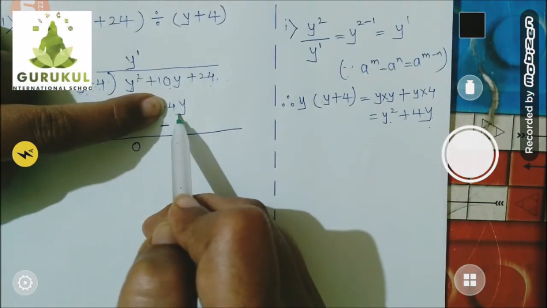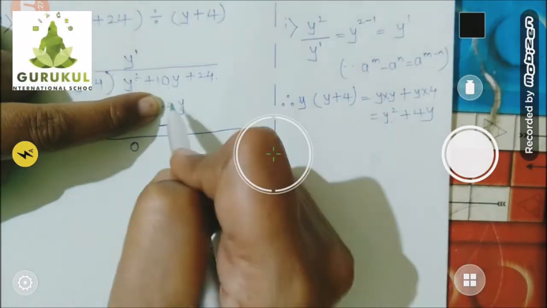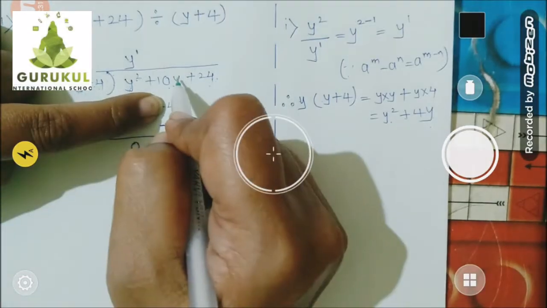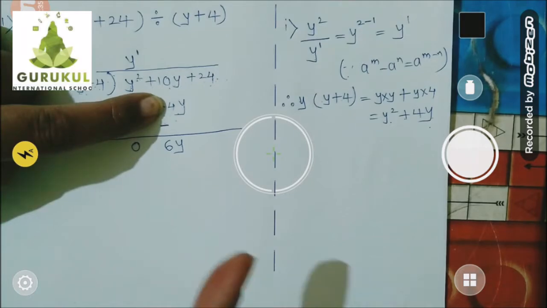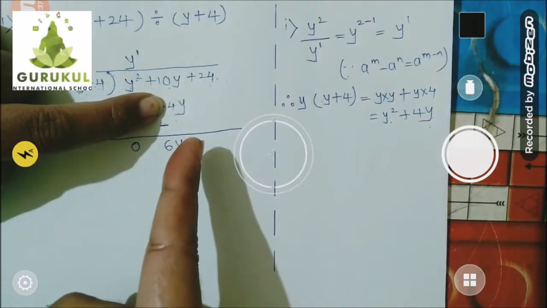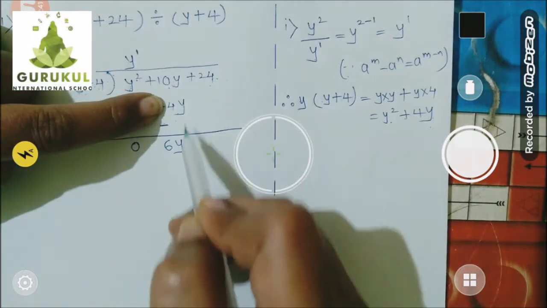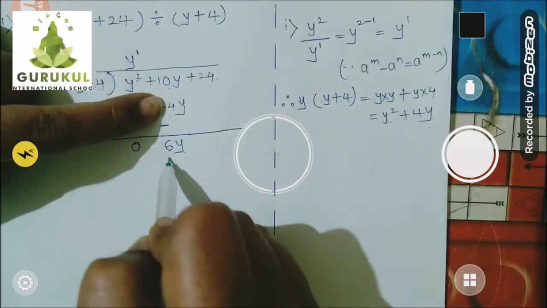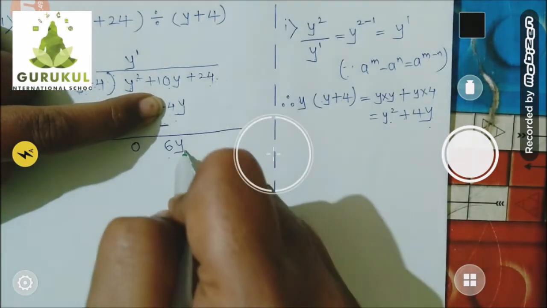What will be the answer, children? Opposite sign, subtract the numbers. So 10 minus 4, 6. We are subtracting the like terms, so this y will remain y. Remember, children, we are not making a product to make y square. We are subtracting. So the variable will remain as it is. So plus 10 minus 4, answer is 6. Both have y, so I wrote y as it is.